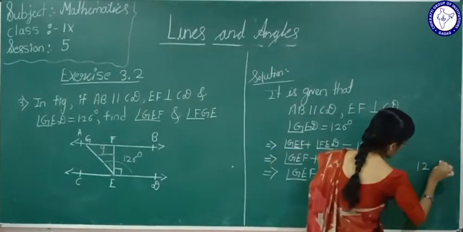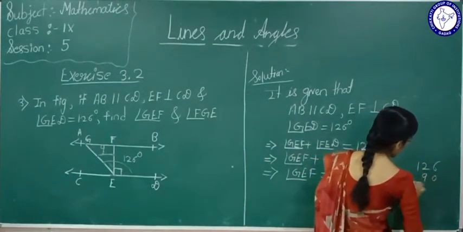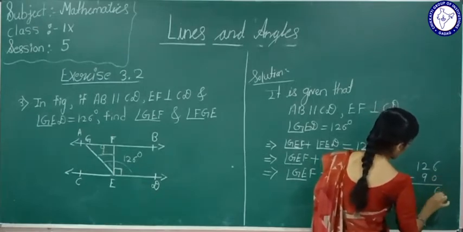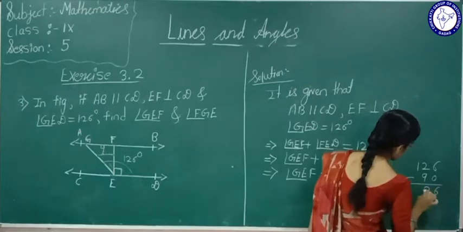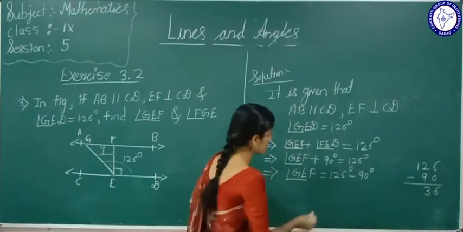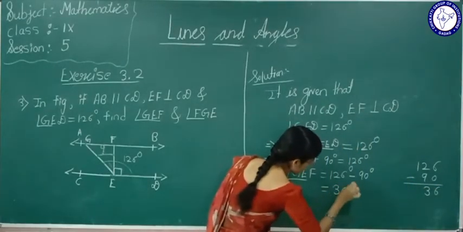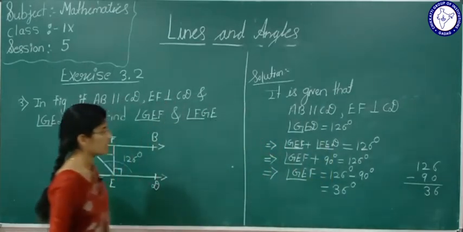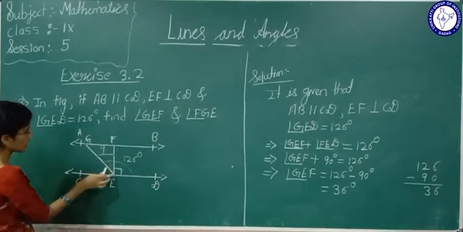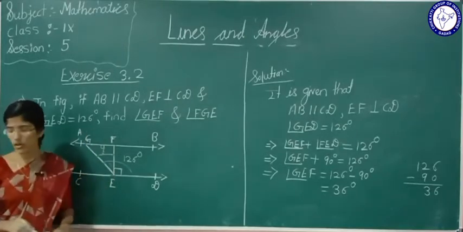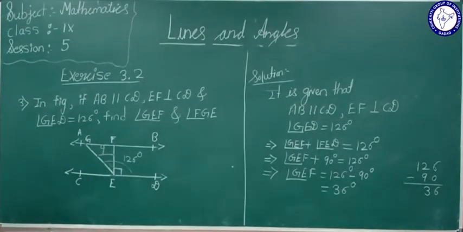What is 126 degrees minus 90 degrees? 6 minus 0 is 6. 12 minus 9 is 3. It is 36 degrees. Now we got GEF. One more thing they have told us to find out is